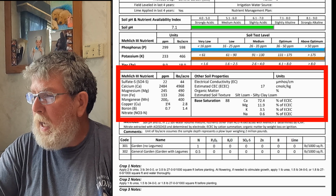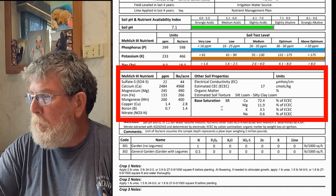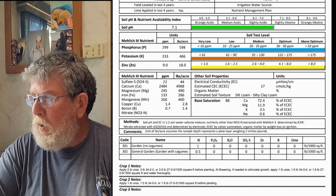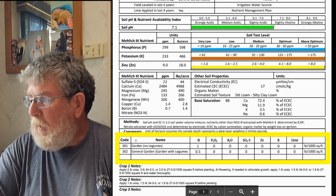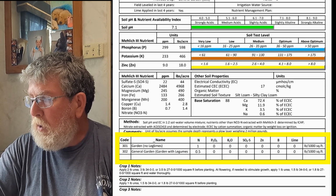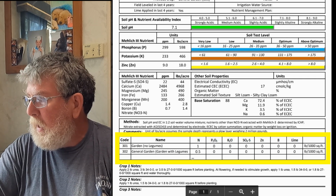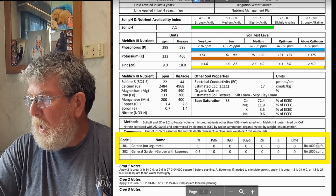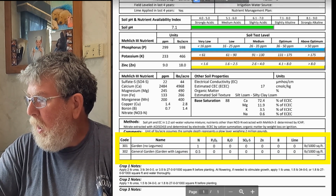And it counts all those, and it's giving me what I have per pound per acre, okay? And it's my base solutions, and how they conducted it was here, okay? So down here at the bottom, you can see is my 2 different kinds of vegetables that we're growing. Garden no lagoons and garden with lagoons, okay? And what they're recommending down here is 1 pound per 1,000 square feet of nitrogen, and a 1/2 pound per 1,000 square feet of